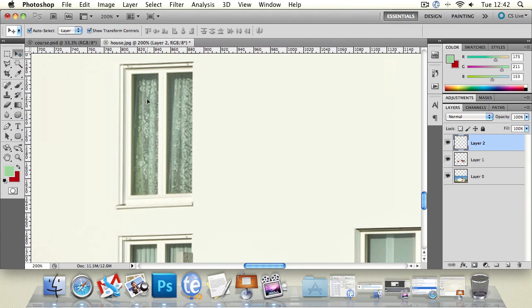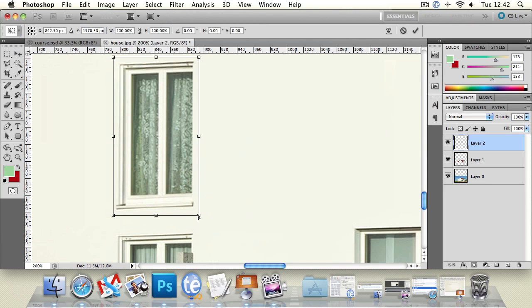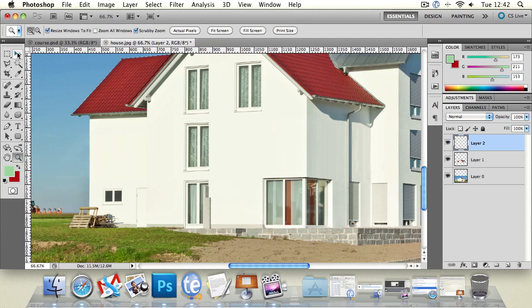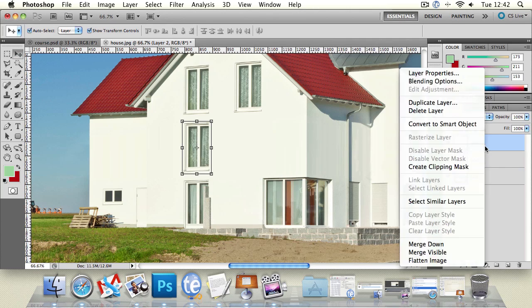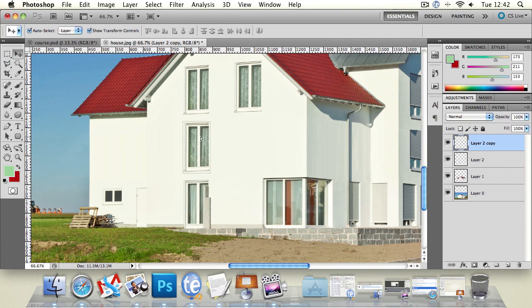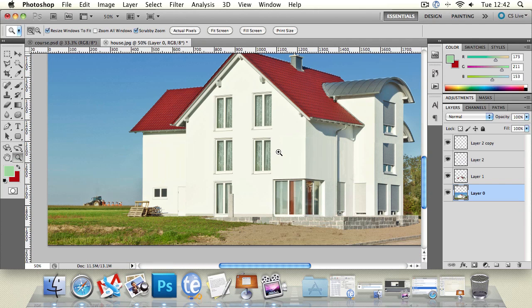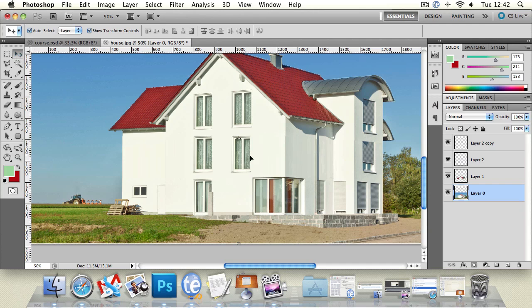The bottom needs some transformation applying to it, so let's just do that again. Very slight tweaking of the bottom, something like that. Zooming out, using your eye to just gauge whether that works well or not, and then we can go ahead and duplicate that layer. So we've got an exact duplication. That would again need a little bit more skewing and changing to sort out the perspective. But that's how in general we added those